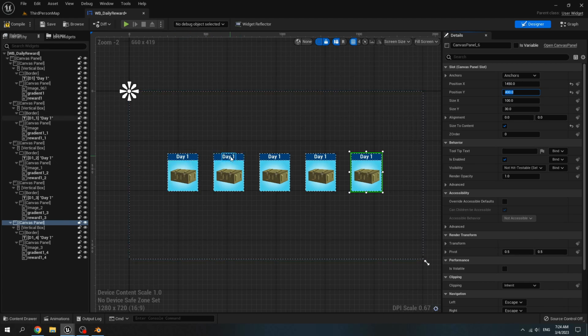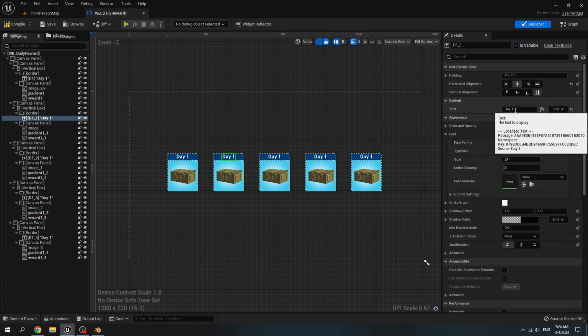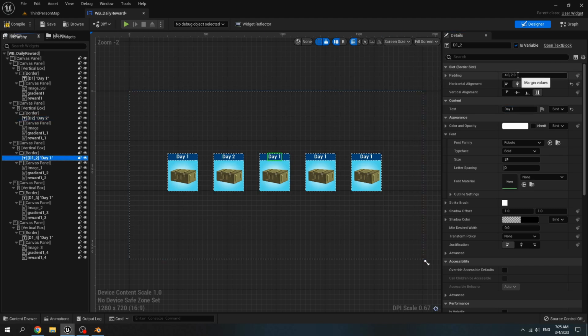Now set day, rename it to D2 and set the text to Day 2. This one, rename it to D3 and text to Day 3.